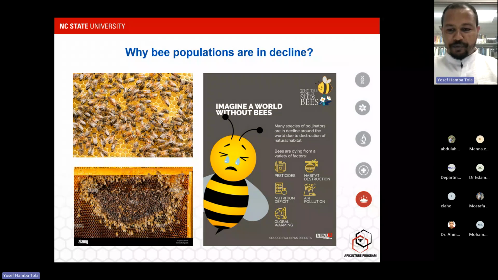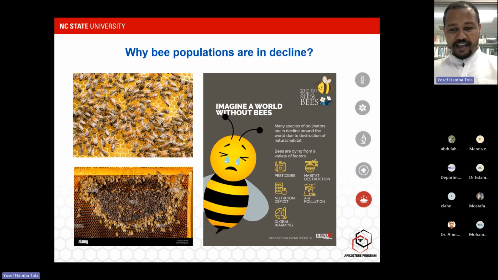For example, the pesticides we are using in our agricultural areas, the insecticides and the herbicides, we are using to upgrade our agricultural production. Indirectly, they are affecting our bees. How? In different ways. Pesticides can directly affect the bees and also indirectly. The indirect way is that pesticides can affect the gut microbiome, which is very important in the bees. That indirectly affects the host.